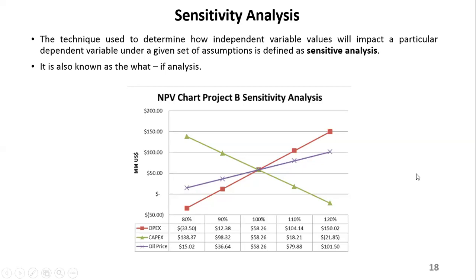For these specific examples, I'm seeing these lines and I'm still not quite understanding what it's all about. We have lines here for OPEX, CAPEX, and oil price. At which point do we say, okay, if there is this amount of change, it will give us an NPV of this, and hence, at this point, we can still give a go ahead to the project? So, is it where the three lines intersect, or what conclusion can I make from this graph?